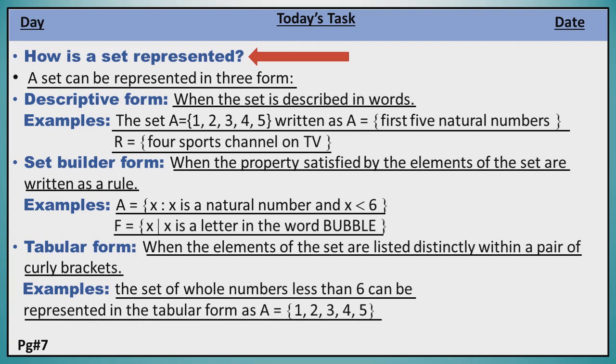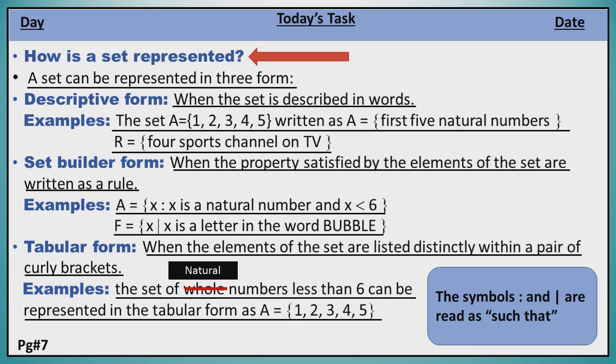Dear students, first of all look at the example. I know you know very well this is the set of natural number. So first of all, cut the word whole number and mention here natural number. Now look at the example. Dear students, this is the set of natural number shown in tabular form. We mention the natural number within curly brackets and separated by commas. So this is the set of natural number less than 6. Dear student, the symbol colon is read as such that. Highlight the main points on your textbook.